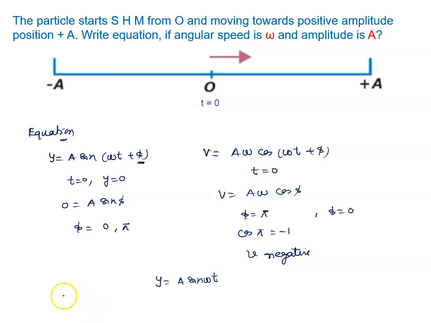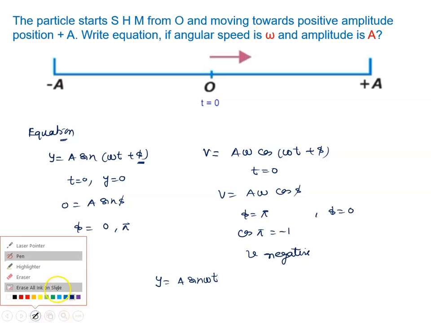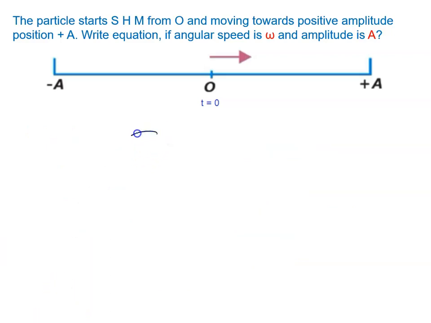Now let us discuss the phasor method also, and I always suggest in my class please use the phasor method. So we go to the phasor method. We all know this is the phasor circle. Particle starts from mean position, it is moving towards the plus A, means this is the circle situation, and let